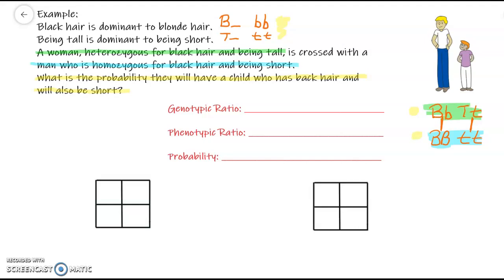And the problem wants us to answer, what is the probability they will have a child who has black hair and will also be short? So what that means is, down here on the probability line, we're looking for an offspring that will at least be heterozygous for black hair, and to be short, again, we're going to need two lowercase t. So that's what we're looking for. So what we're going to do now is we're just going to look at the chances of having a child with black hair by just crossing that first gene between the two parents, and then we'll look at height separately